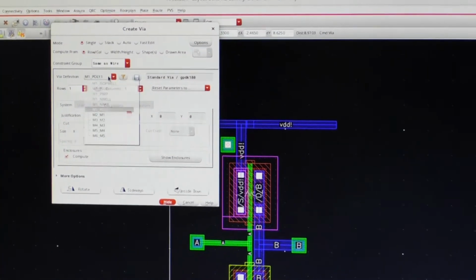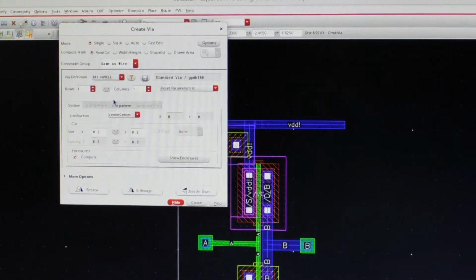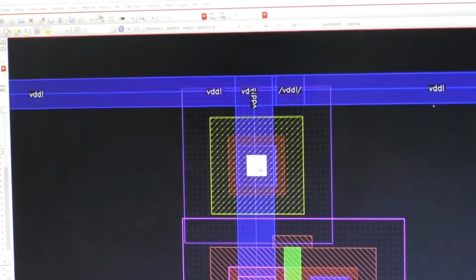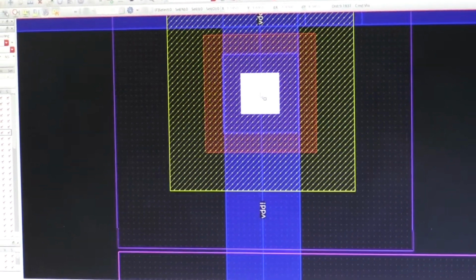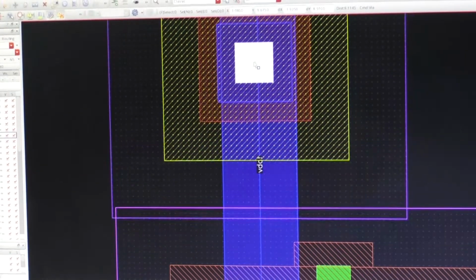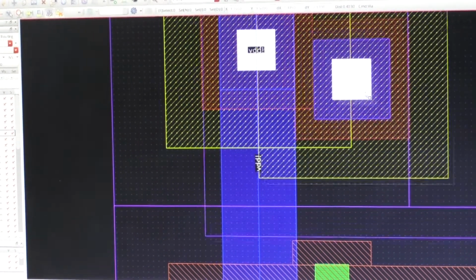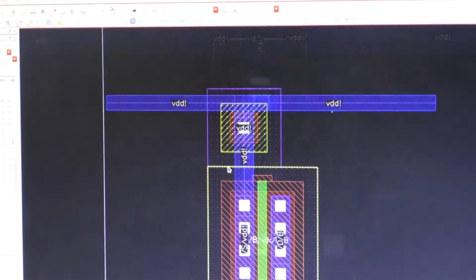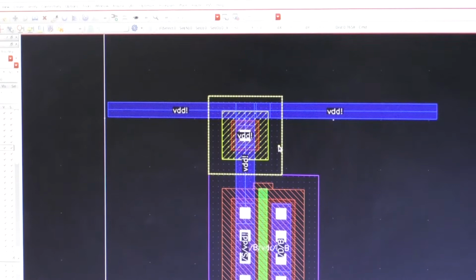For the PMOS we have to choose this N-well, click on hide, and get the corresponding pin. Let's escape. Now I have placed this connection.